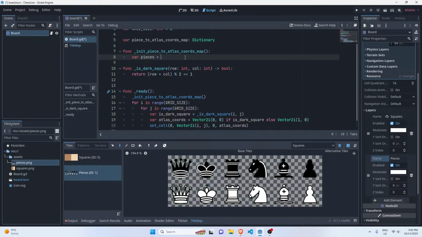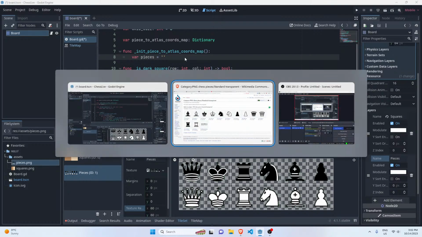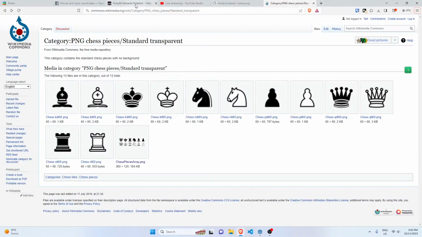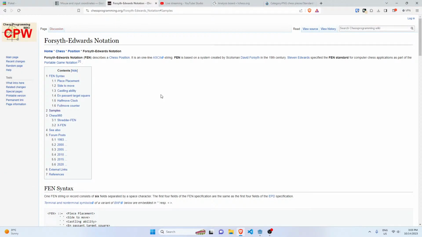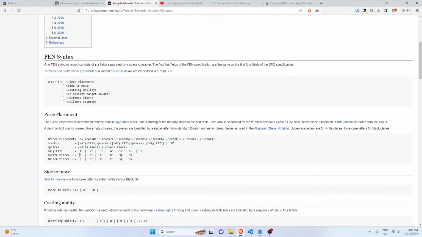create a string. Let me call it pieces. And what we're going to go with is something called the FEN, which is a notation to capture any position that's there on the board in a one-line string, but this is still a little ahead. Each piece is going to be denoted by a character. If it's a black piece, it's going to be lowercase. If it's a white piece, it's going to be uppercase. And the names of these are